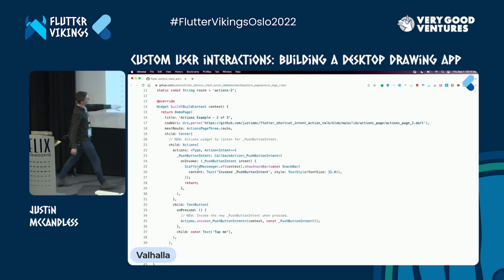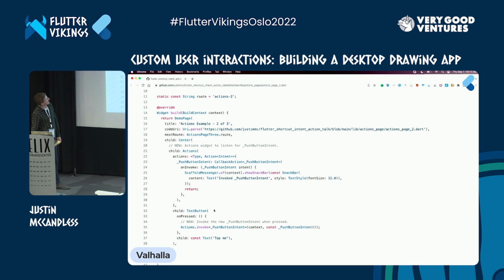We do have the push button intent. It is defined. It's right here. And we are mapping push button intent. But there's a bug here. I wonder, does anybody see it? Anybody want to venture a guess? Yes. Exactly. So, context. The problem here is that the context that we're calling actions.invoke with right here, that context